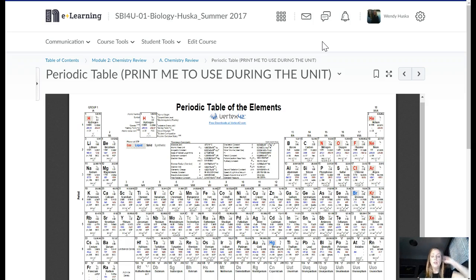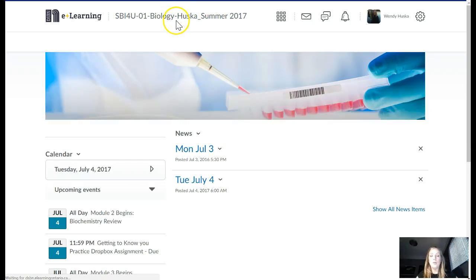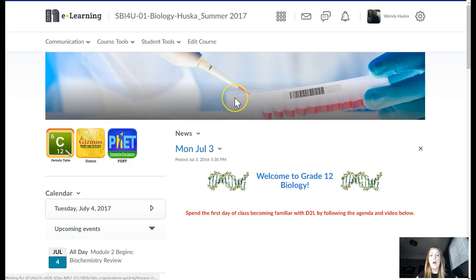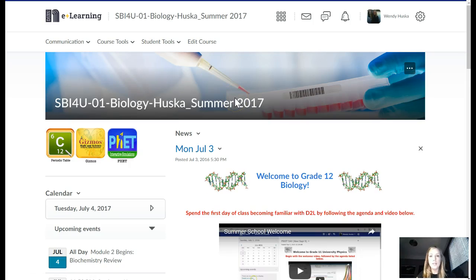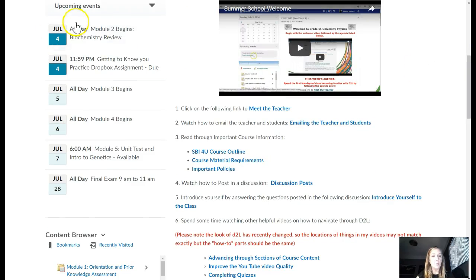Material is posted, so basically the expectation in summer school is that you are working Monday to Friday. So there's 5 days a week. One module should be done each day. And if you get to Friday, let's say, so for instance, this Friday, if you look at the calendar, it kind of gives you a heads up on what's coming up. This Friday, you're going to see that we have Module 5 as our first unit test.